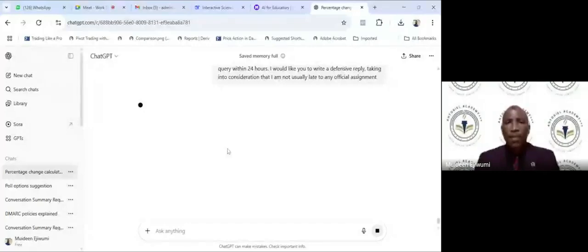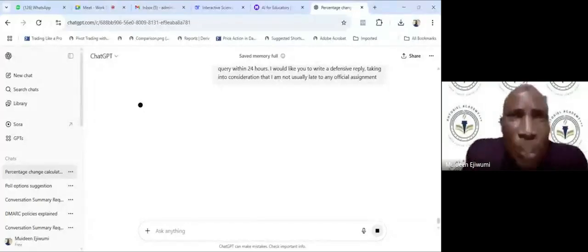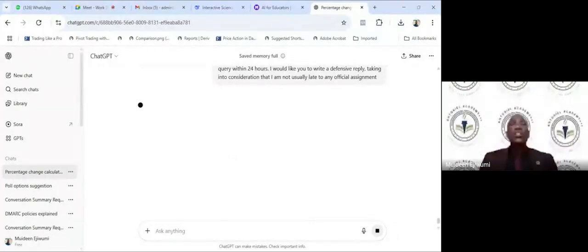Now, aside from the fact that you can type with ChatGPT, you can actually communicate with your ChatGPT using voice. How many people normally communicate with ChatGPT using voice?